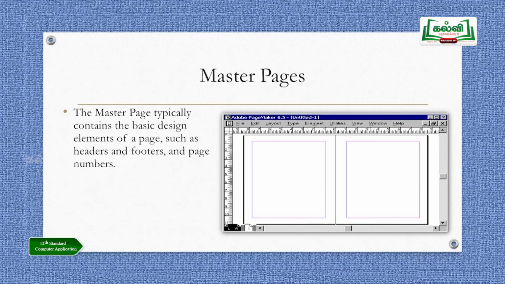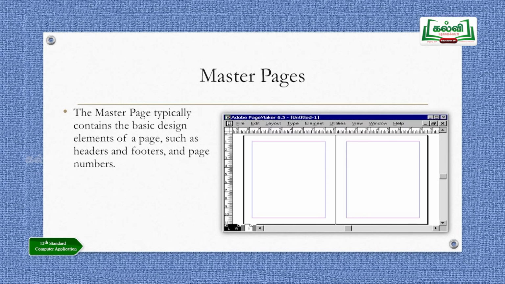I am showing the pages for you now. Click the left hand side, then press Ctrl Alt P, right? After clicking the left hand side, if you press Ctrl Alt P, it will show LM in the left margin. That is, it will be showing the left master page. There you decide the page where the page number should come. You decide it.